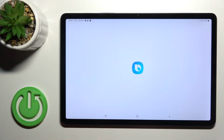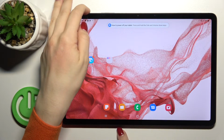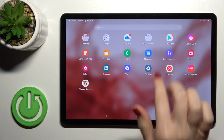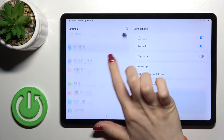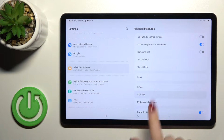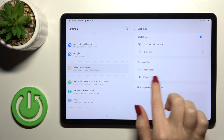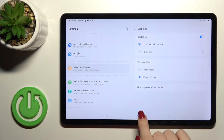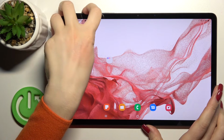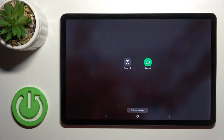And if you get the same situation as in my case, and you can't enable the menu by pressing your power key, you should go into the settings and then scroll to the advanced features and tap on side key. And here switch to the power off menu when we press and hold our side key. And now, as you can see, by pressing our power key, we can enable the power